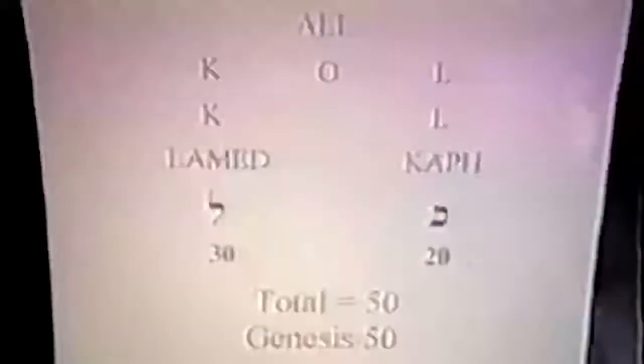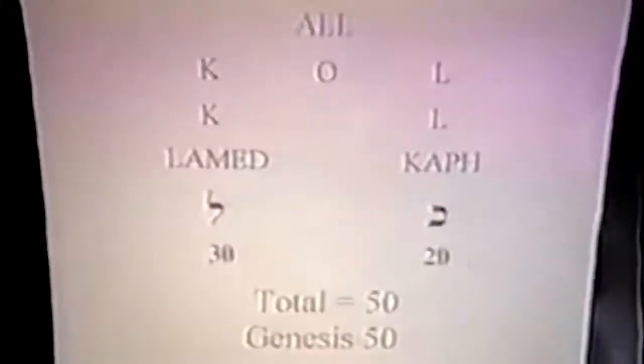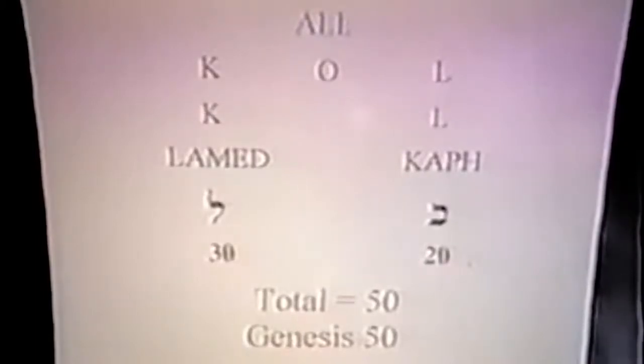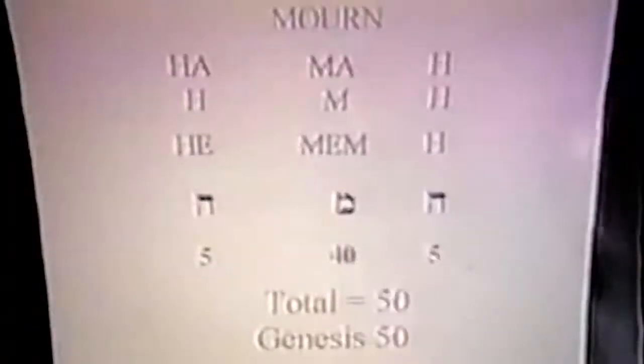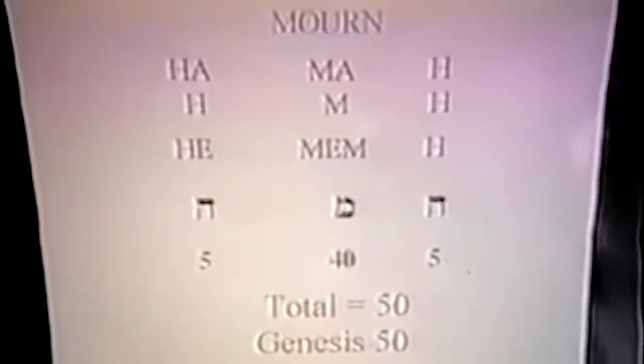So let's get just a little more complex. Here's the simple word all. It has a numerical value of 50. I'm going to go to Genesis 50, and I'm looking for this English word all. But wait a minute, I found another word, and it also had a value of 50. This is the word for mourn in Hebrew, and when I totaled it up, I also came to that number 50. So I'm looking in Genesis 50, and I'm looking for two English words, the word all and the word